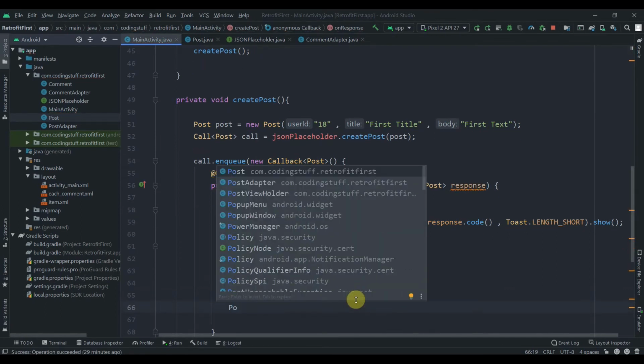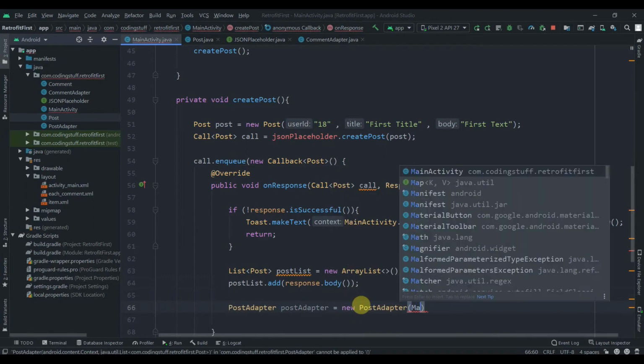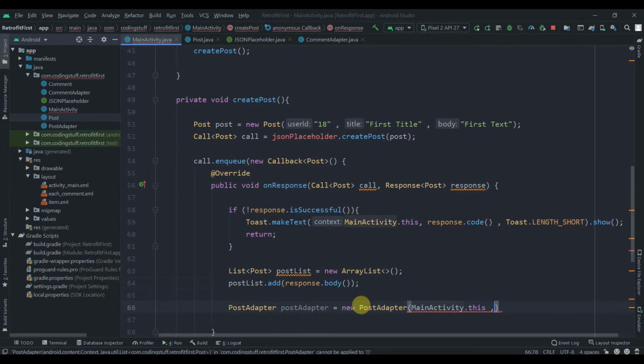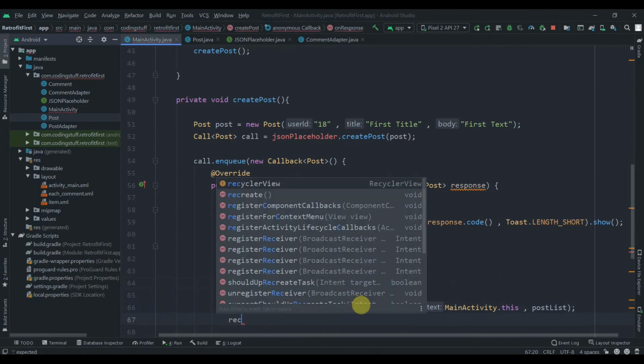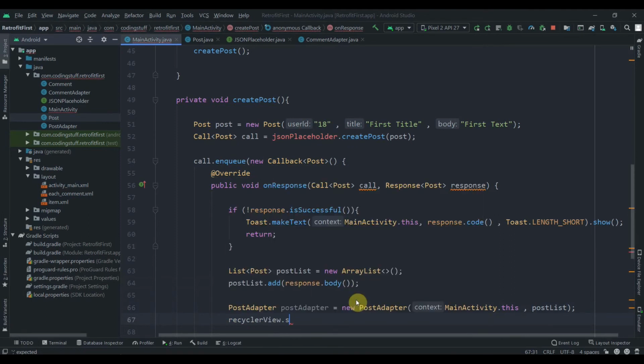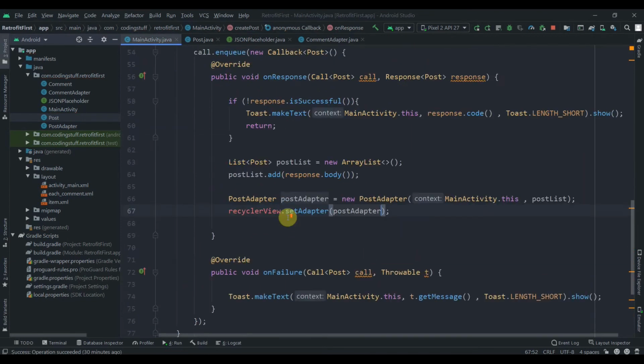Then we'll create an instance of post adapter equals new post adapter, and here we need to pass main activity dot this, the context, and then post list. Then we'll call our recycler view dot set adapter and pass the post adapter there. So this should work.